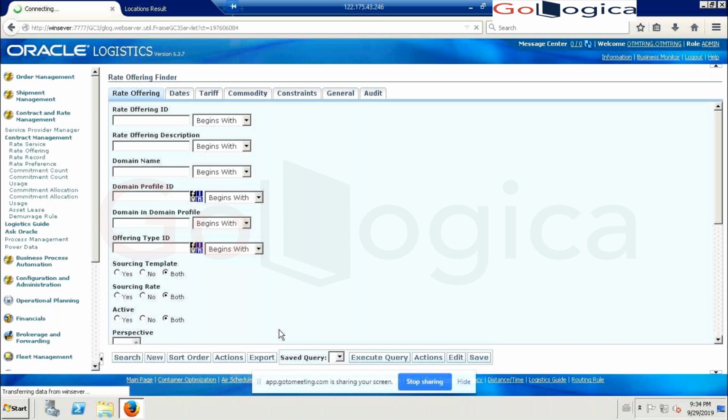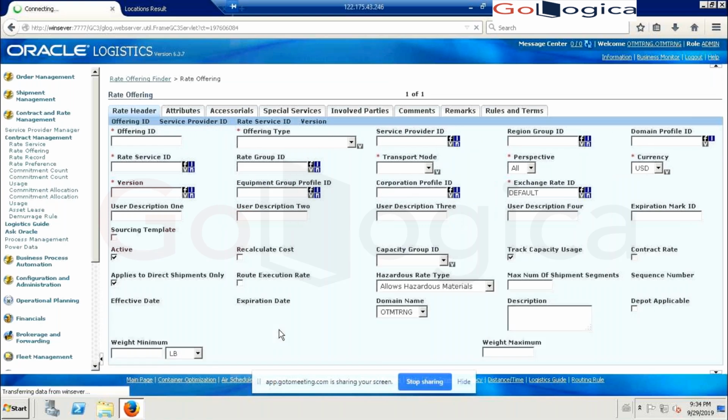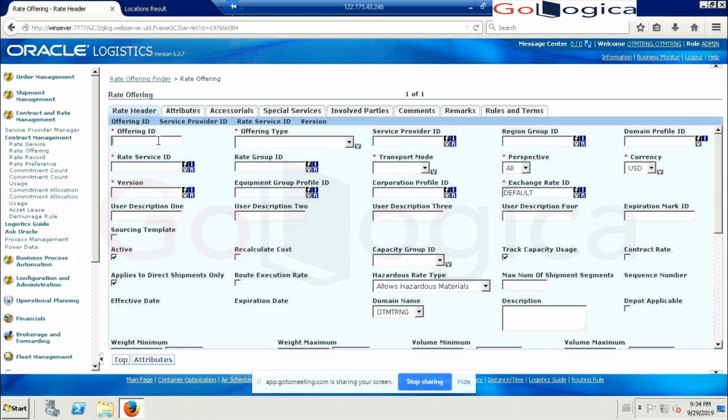Kishore, are we having this session for 2 hours, or is it for one? Actually for 1 hour. Okay, because I just have to leave for the office now. I'll just create this rate offering and stop this session, and we'll continue from tomorrow. Or else, if you want to continue tomorrow from this rate offering, we'll continue. No problem. Let's see if Shiva is following, then we can complete this.